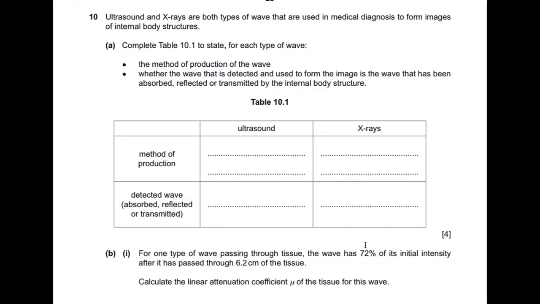So for ultrasound, it's the one which is reflected, right? So the wave that is reflected and is detected back by the probe is what is used to construct the image for ultrasound. For X-ray, it's the one which has been transmitted, the one which goes through, right? That is what causes the blackening on the screen. Method of production for ultrasound is the vibration